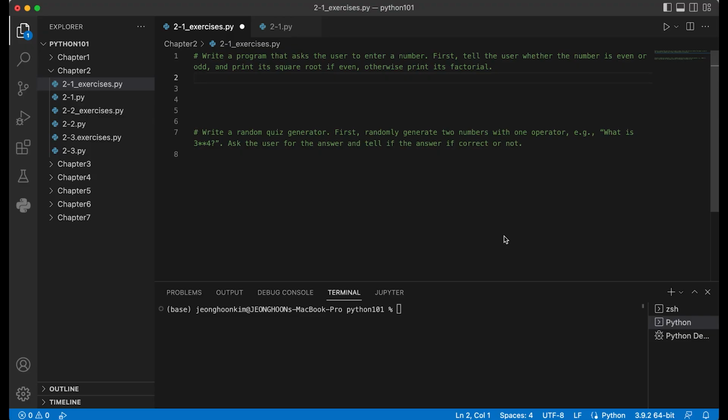First, we need to get the input from the user, and as we learned, whatever user input is stored as text, so we have to convert it to a number, right? Let's do that.